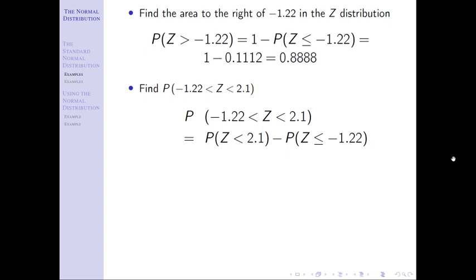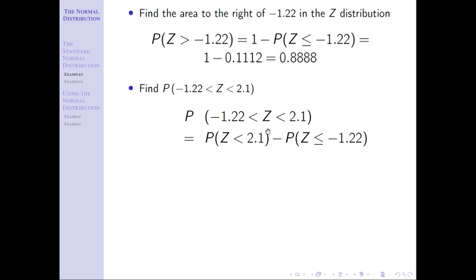Another little trick you can use to remind yourself, we're subtracting. This is like the idea of a complement, and that's why z greater than negative 1.22 becomes z less than or equal to negative 1.22. It's that complement idea. If that didn't make sense, that's fine. As long as you remember it, there are lots of different tricks you can use to remember how we can work this problem. And then from there, it's simple enough.